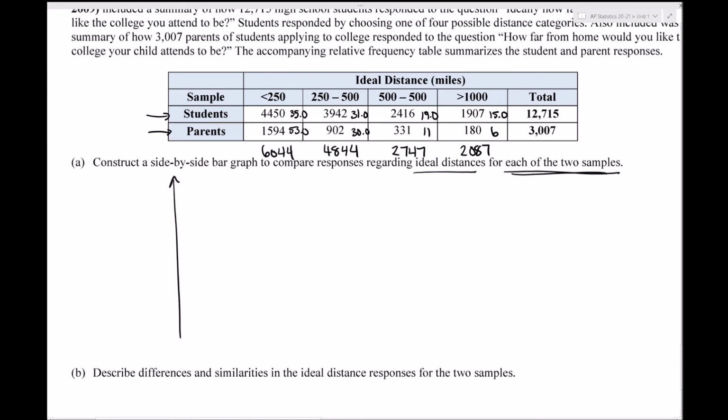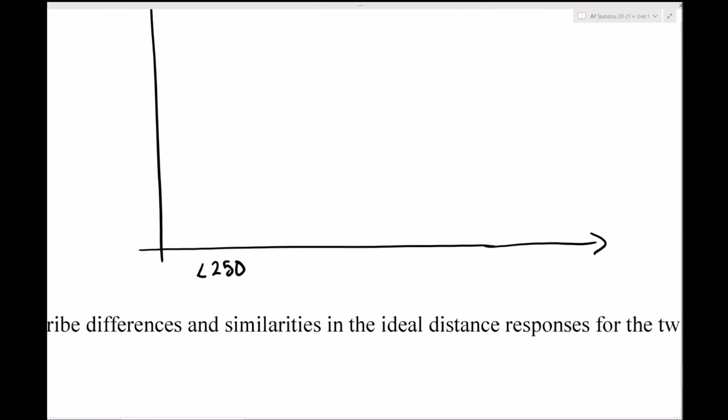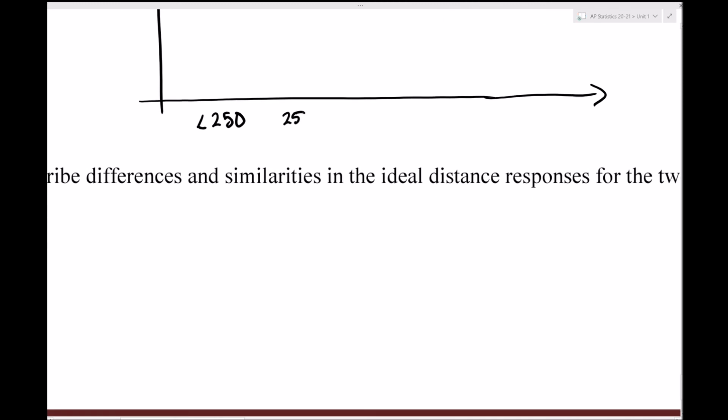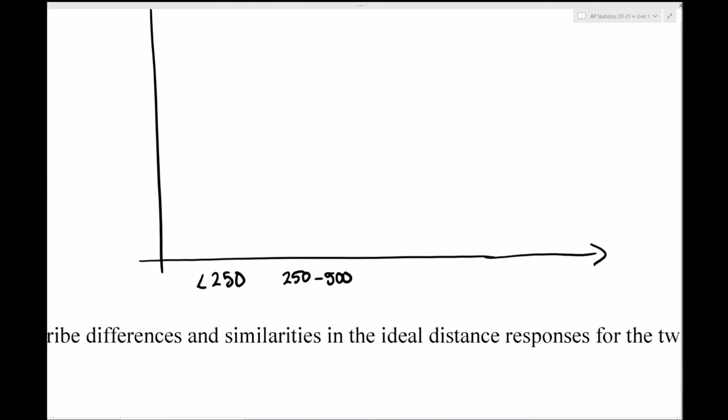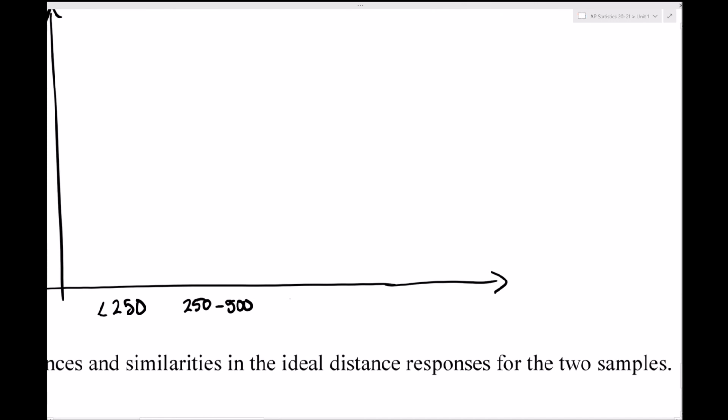Okay, so we want to construct a side-by-side, and side-by-side means this. You'll draw another bar graph, y-axis, x-axis, and we have 4 distance categories. Less than 250 for the first one, 250 to 500, 500 to, I think that's supposed to be 1,000. That's a typo. So 500 to 1,000. And the last category, greater than 1,000. And this is distance,